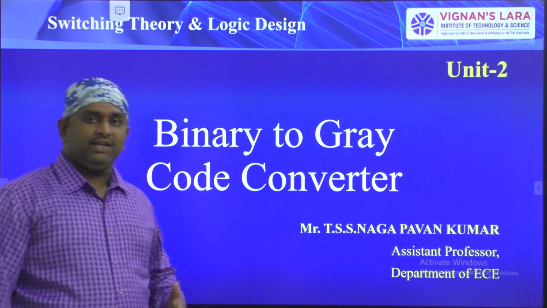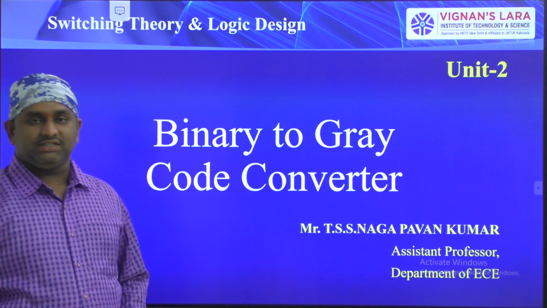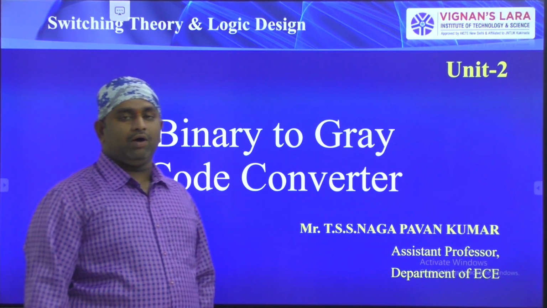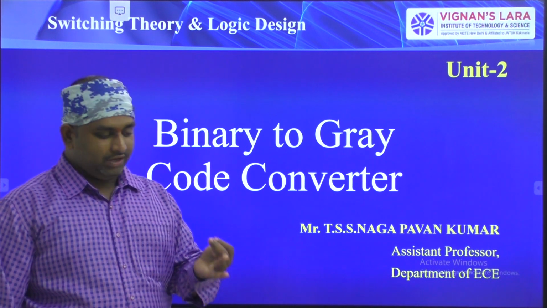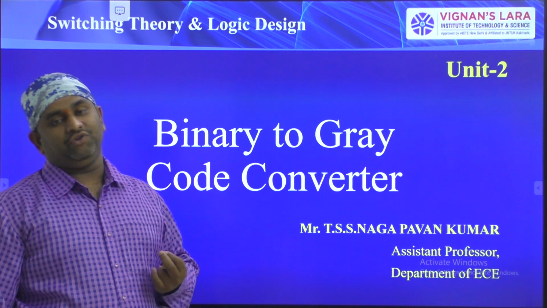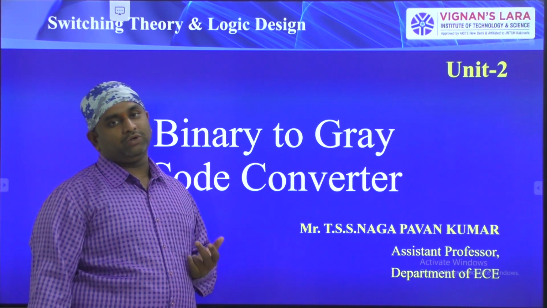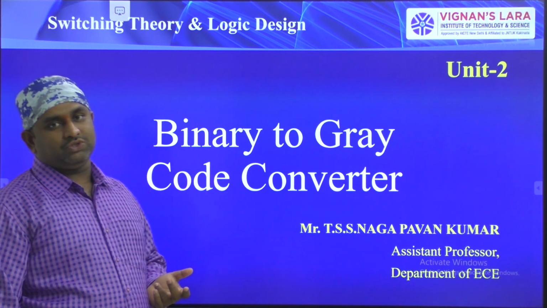In the previous class, we have seen the binary coded decimal adder and XS3 adders. So in the previous class we have seen adders: the normal binary adder, BCD adder, and XS3 adder. These three we are using for different types of combinational circuits, which perform different operations in processors and architectures. Now coming to our next concept, code converters.